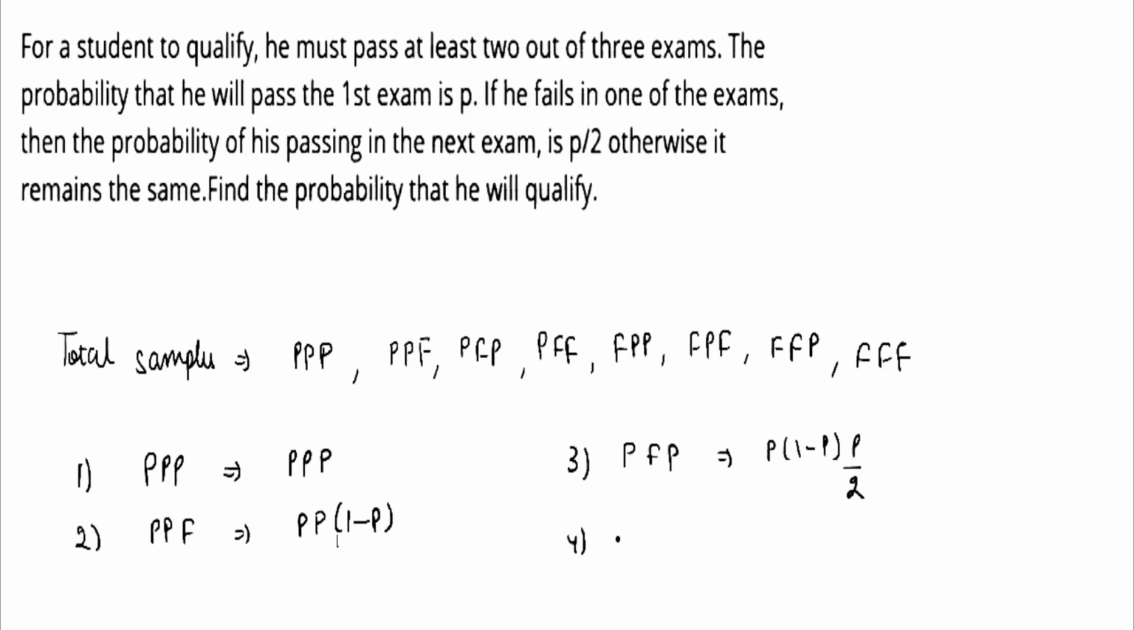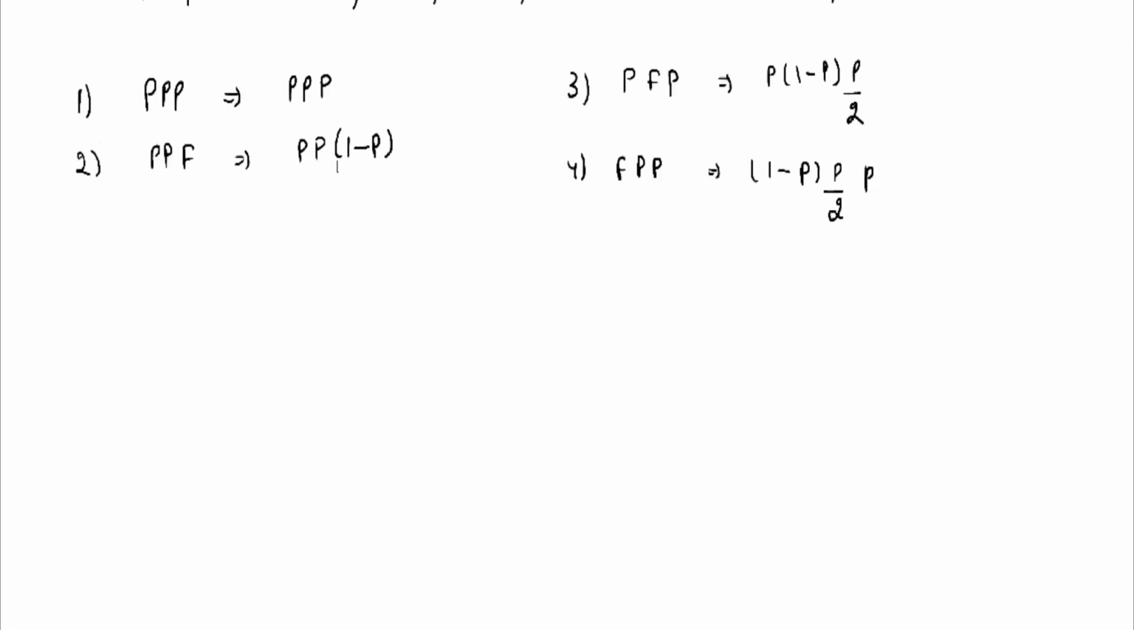Fourth, we will assume fail, then he gets pass and pass. So 1 minus P for fail, after failing he gets pass, so P by 2, then pass P. So the probability will be